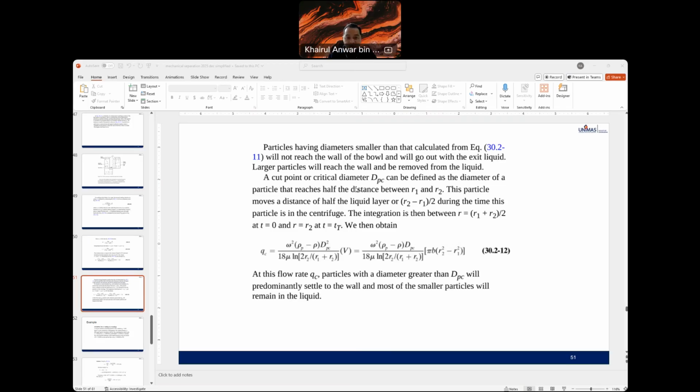So the cut point of the critical limiter can be defined as the diameter of the particle that reaches half the distance between R1 and R2. This particle moves a distance of half the liquid layer, (R2 minus R1) over 2, during the time the particle is in the centrifuge. So refer back to the